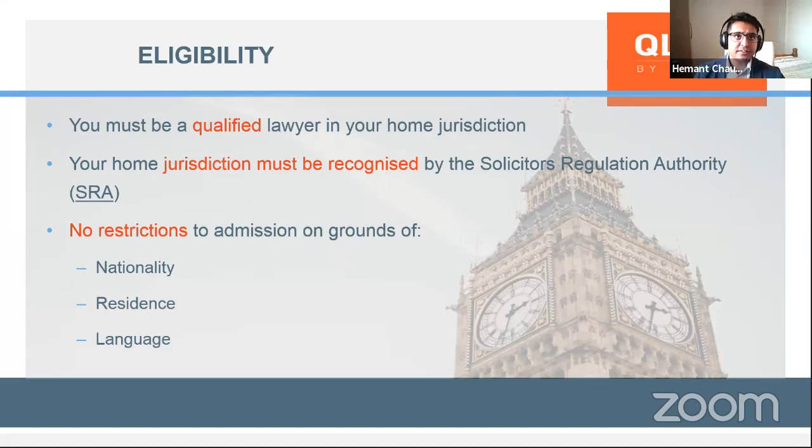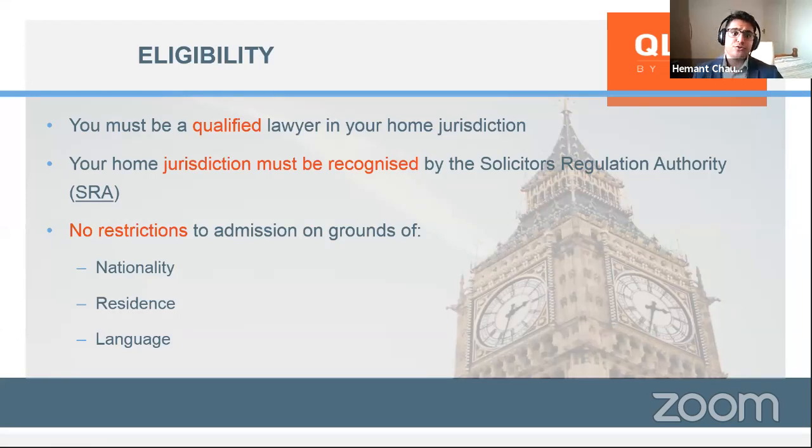On their website, you could see they have a list of recognized jurisdictions. Most of the world's jurisdictions are listed on there. India, of course, is recognized there. The US, Pakistan, most parts of Europe, China, for example, as well, are all recognized jurisdictions by the SRA, which qualifies you to be eligible for the QLTS.